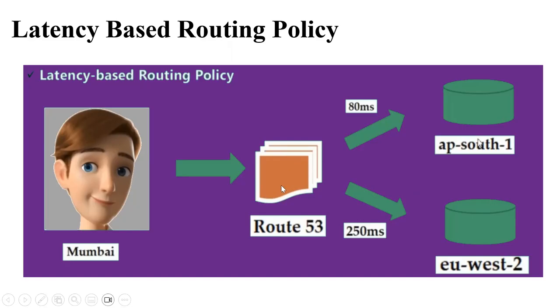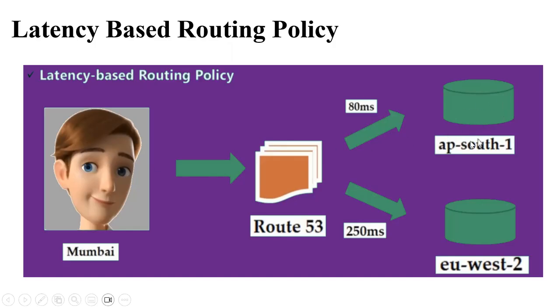Then what is the policy I can use in Route 53? It is the latency-based routing policy. If I define it and map these two data centers, then any user accessing it, suppose a Mumbai user is accessing it, okay, the Mumbai region is available, as well as US West, and London also is available as a data center. Now for him, once the request is received, if I share this resource URL to him,